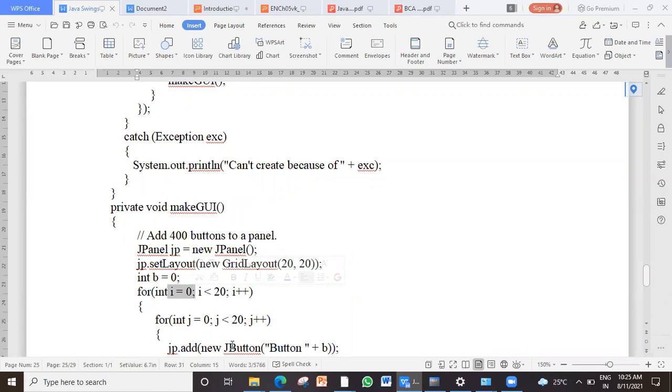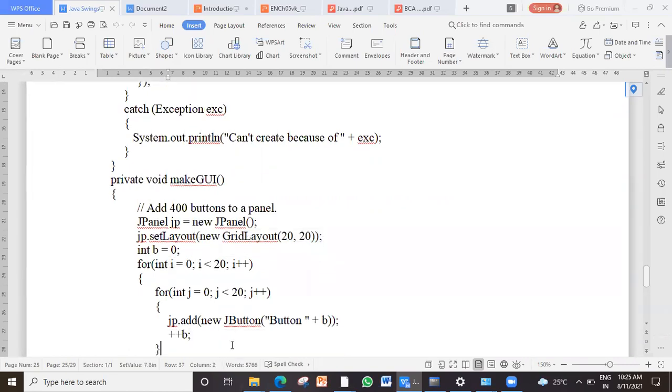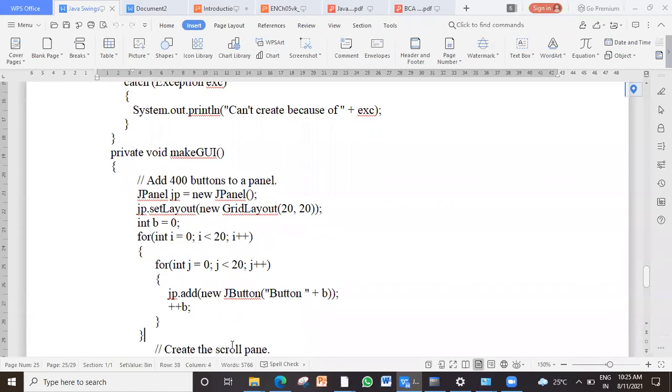We are creating an array of buttons. Array means table. Rows, one array. In each row, multiple columns. So 20 by 20 ka we are making. So we are using a double for loop to create those many buttons. Printing B there. B plus plus or plus plus B, both are the same. Clear? So button bana diya.